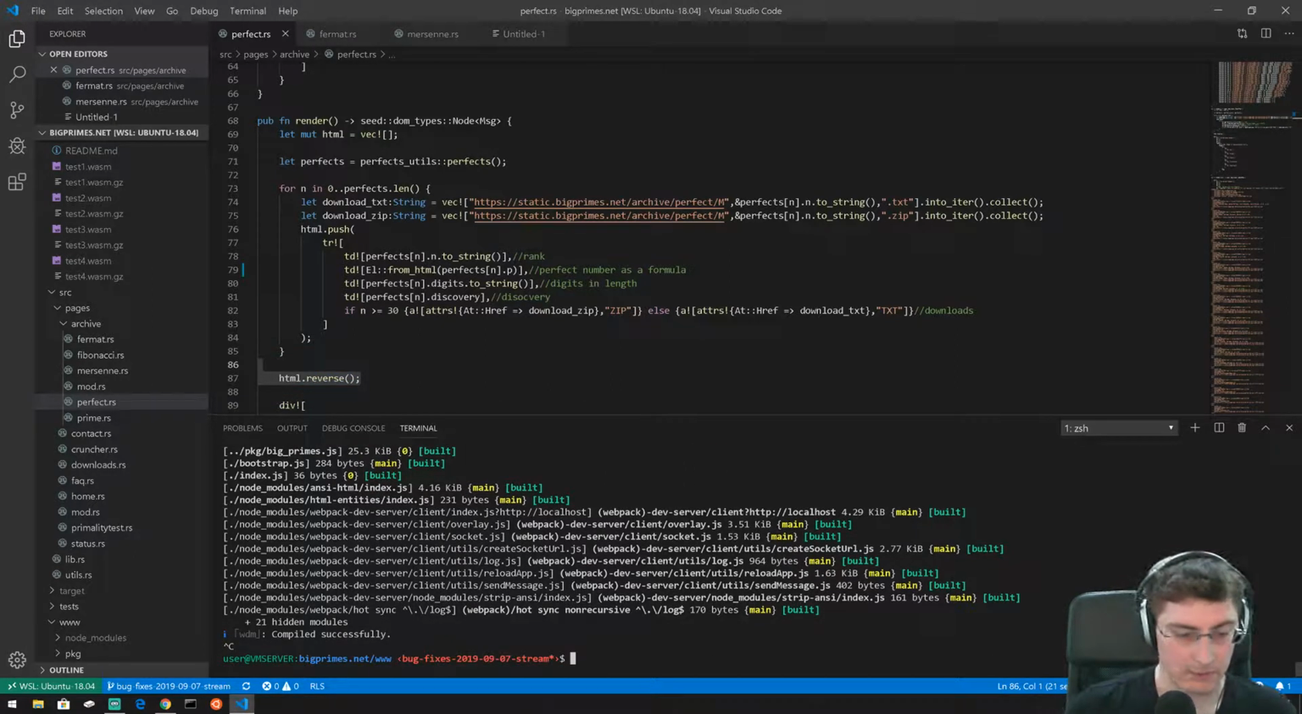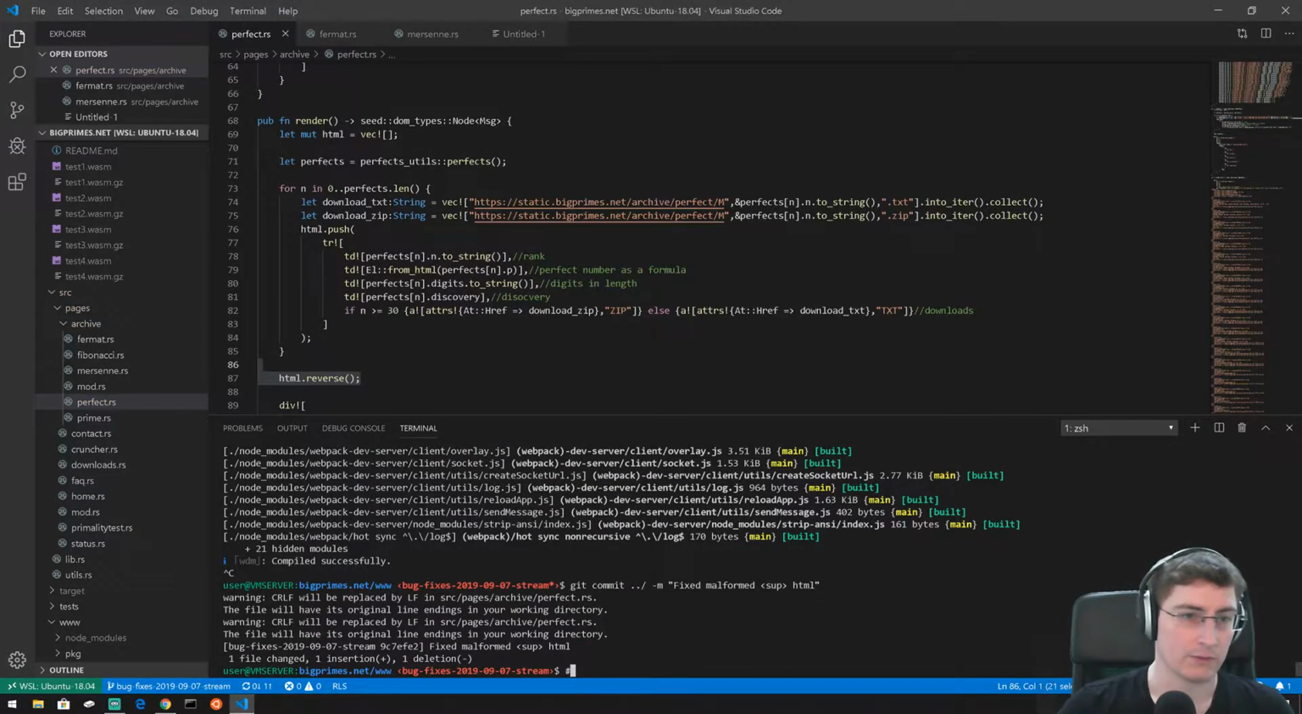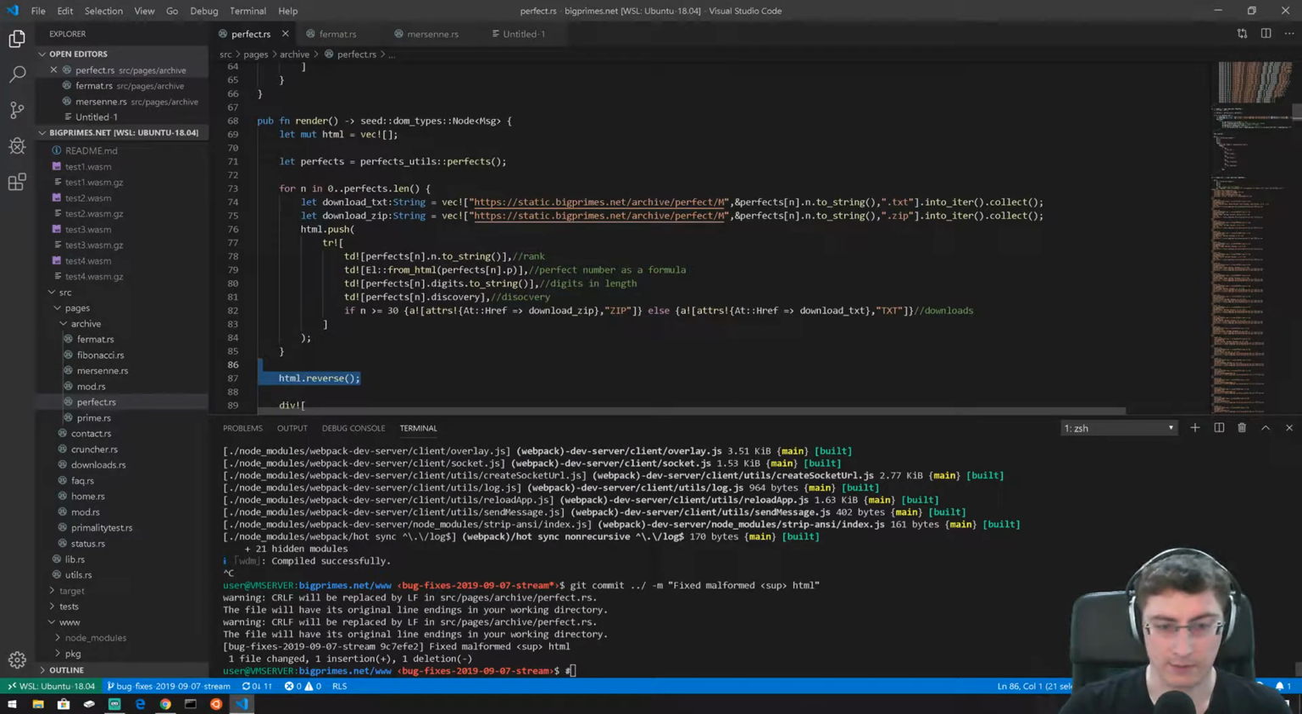So now let's break this into a couple of different commits. We're committing to say, first of all, fixed malformed sup HTML. True, we did. Then we're going to get rid of this HTML reverse. Oh,